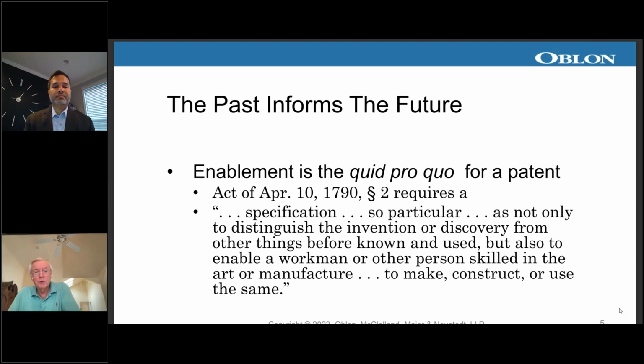Now the key here is that what you're looking at, and you have to start with, the very first patent law that the United States had an enablement requirement, as you can see here. And if you read the statute, there's two things. The patentee gets a patent, but there's consideration for that patent, and the consideration is enablement, which means that the public, when the patent expires, can practice the patent, generally speaking, without any experimentation, although you may need to use some ordinary skill.